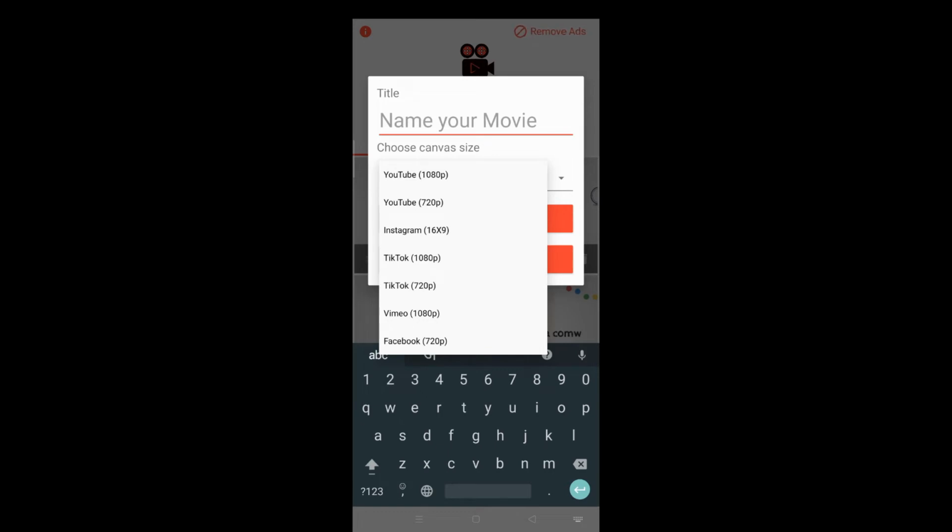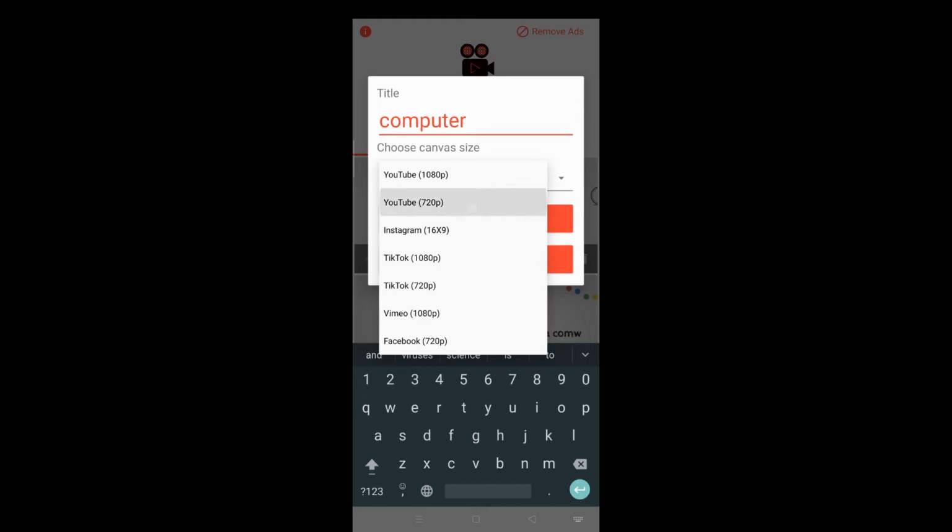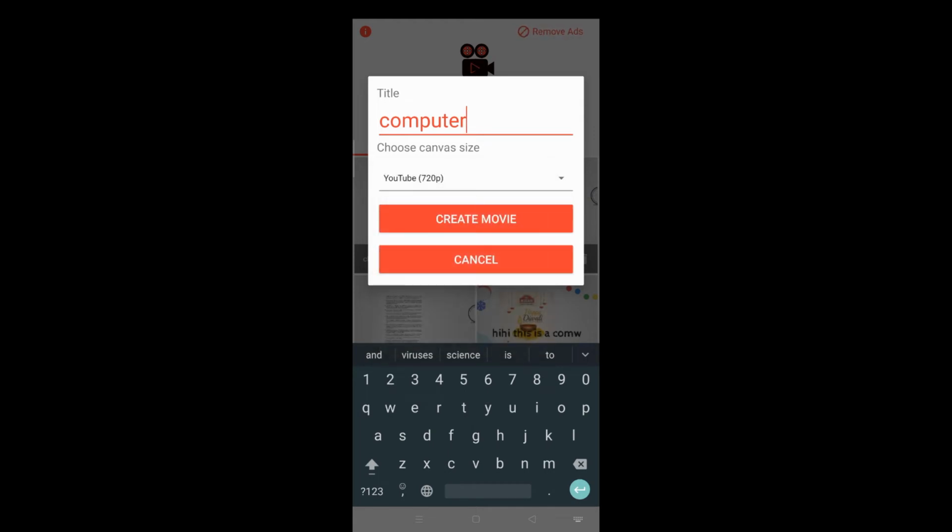So we have to write here your project name, like computer. Then after that we have to choose this option, 720 pixels, because it is a middle quality video.